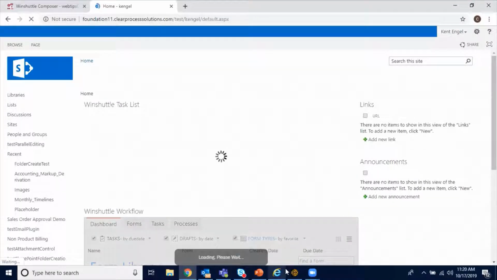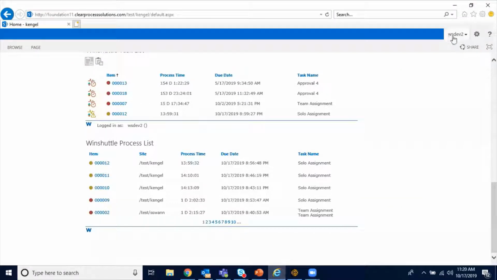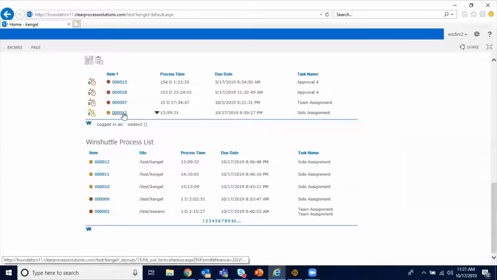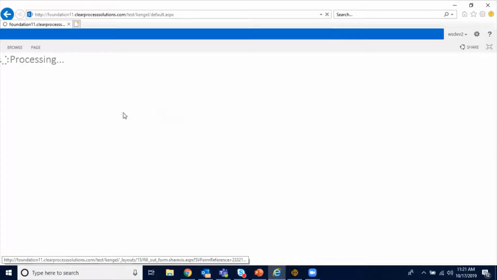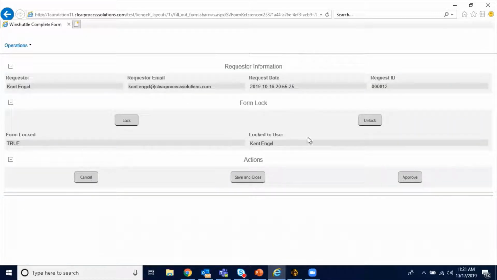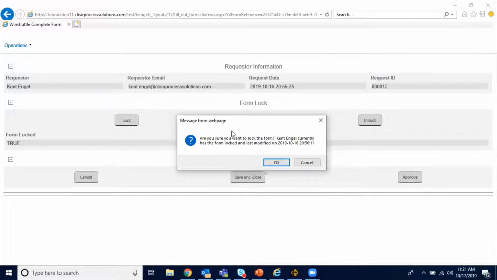My Kent Angle username. And then we have the WSDev2 user logged in here, just to show you what it would look like if another user locked the form and I'm trying to go in as a separate user. So you can see here, the lock2 user is Kent Angle. I can't see anything because it's not locked to me. If I try to lock it to me,